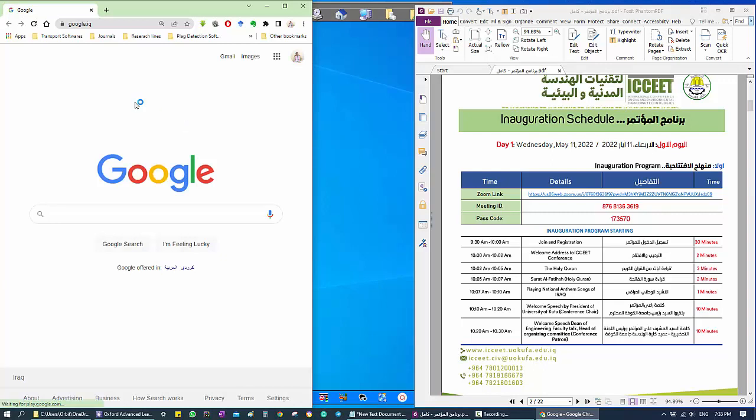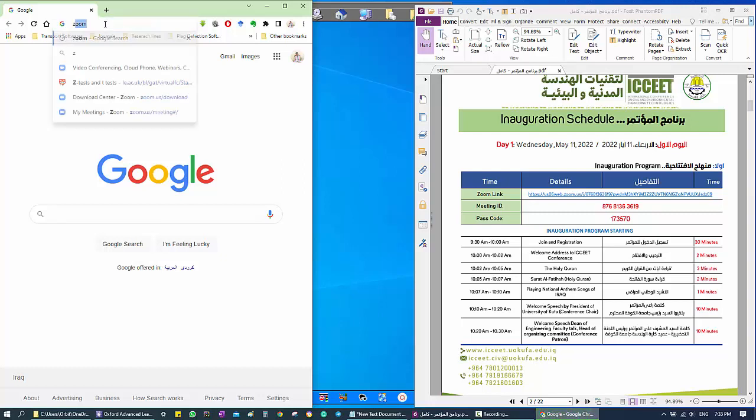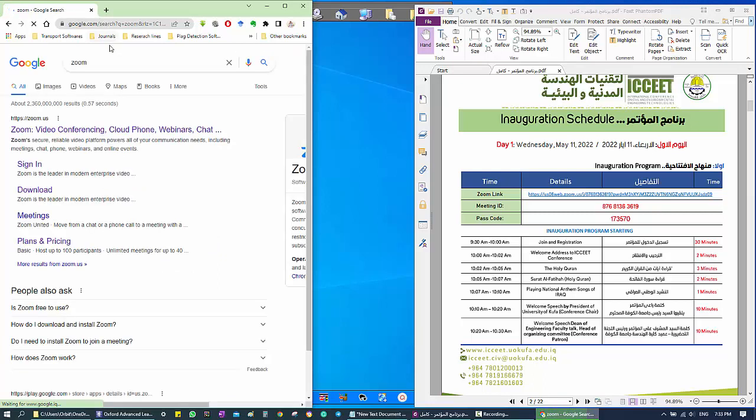So first of all, on your Google browser, all you need is to type Zoom and press enter. Then it will take us to the first link, which is for Zoom, zoom.us. Now either you can press download or enter the website and then download it. So let us enter the website